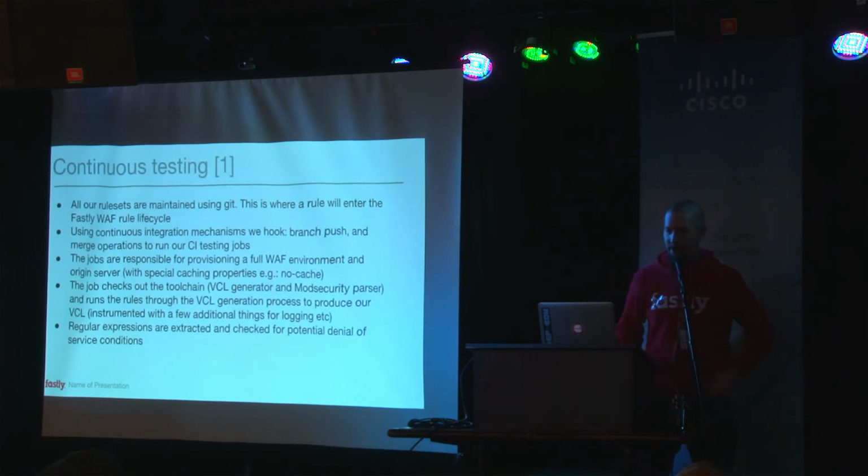So how do we use this? We're heavily automated, I guess you could say. Right now, either the SOC or an engineer who wants to change a rule would create a branch, make their change, and push their branch. On push, we run a job which provisions a full instance of our caching engine, compiles the rules, loads the rules,